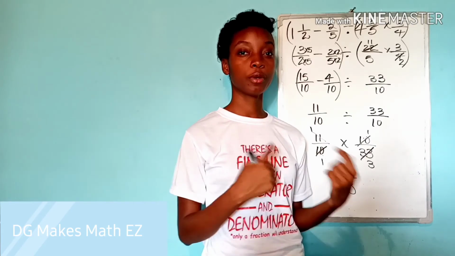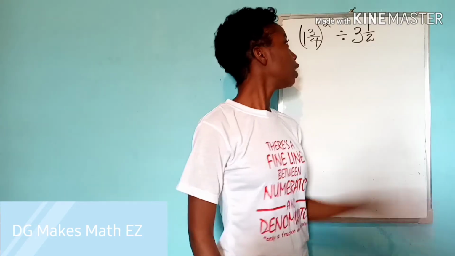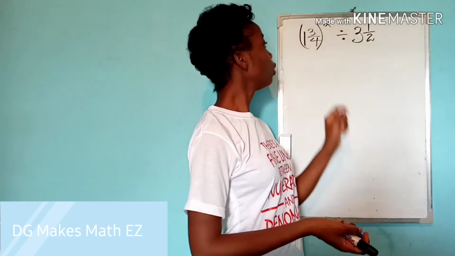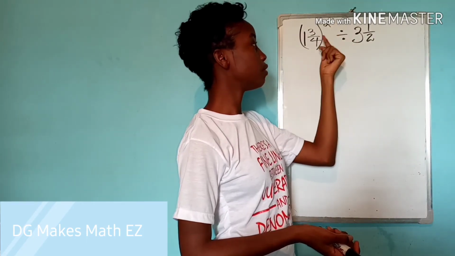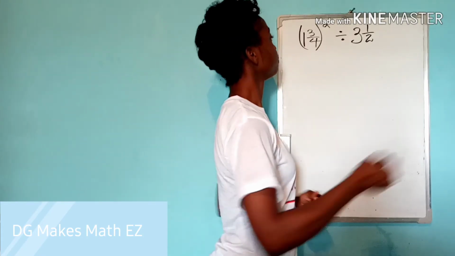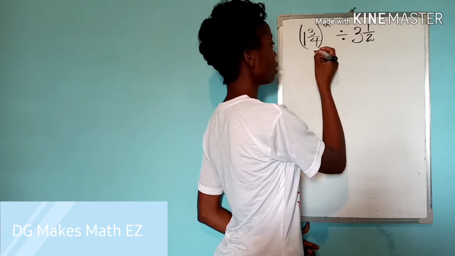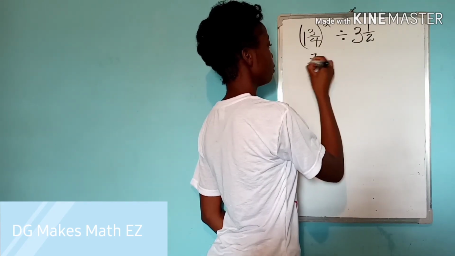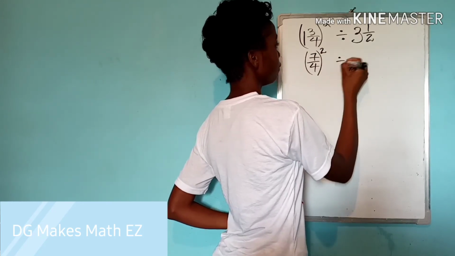All right, I hope that you were finished before I was. And we will move now to our final question. All right, in essence, we have two operations. We have a mixed number here being squared, and then we have to divide that answer by another mixed number. So let's begin. The rules don't change. Let's change our mixed numbers to improper fractions. So this is 7/4, and that is being squared, divided by